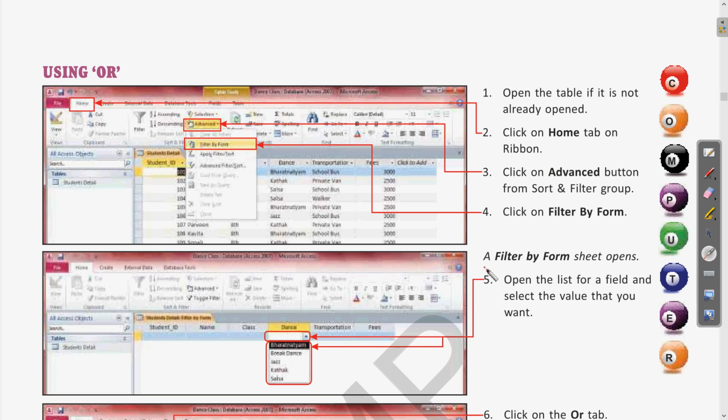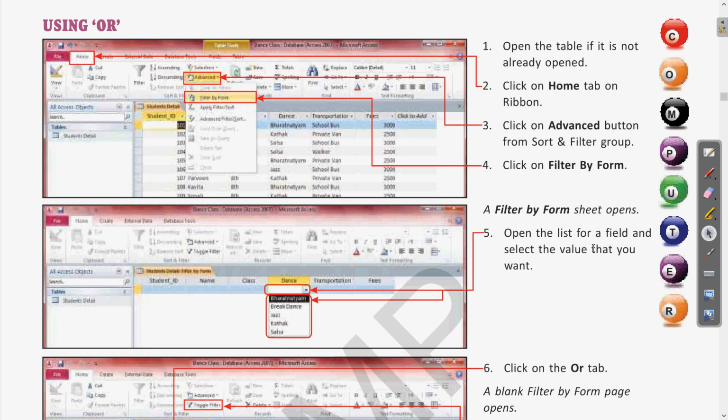Then the filter by form sheet opens. Open the list for a field and select the value that you want, clear. We are already doing that. Whatever value you want to choose from any field, you will come to that field and select that specific value which you want to search from the table, clear.